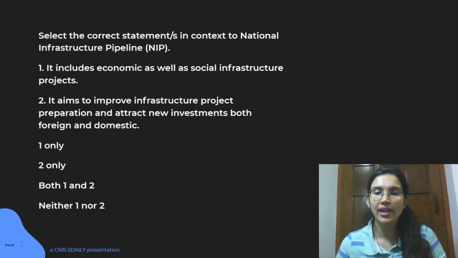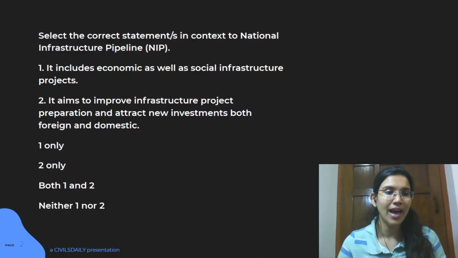The second statement here is again talking about foreign and domestic. So this is an initiative which requires a lot of investment. And if we just limit it to domestic, then that kind of investment can be difficult. So from that understanding, it is pretty easy to see that the government cannot limit the infrastructure support only to domestic measures, because we need a lot of infrastructure to be built, and that cannot be completely adhered to by the domestic sector. So with that sense, I think even statement 2 is right in this case, and we have both the statements that are correct. Let us look at the next